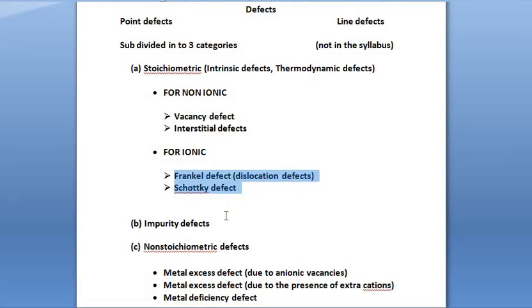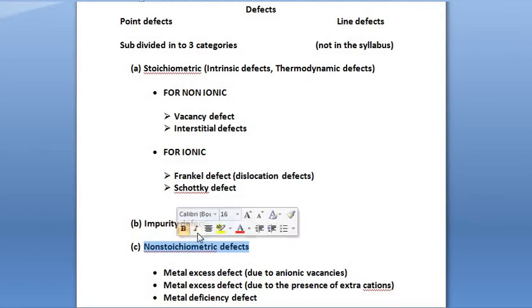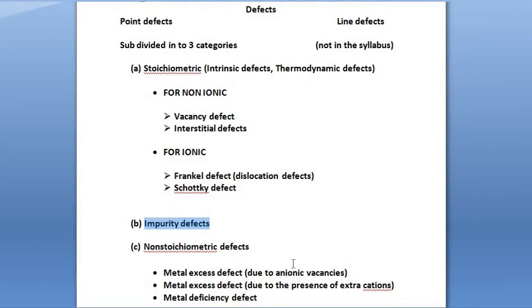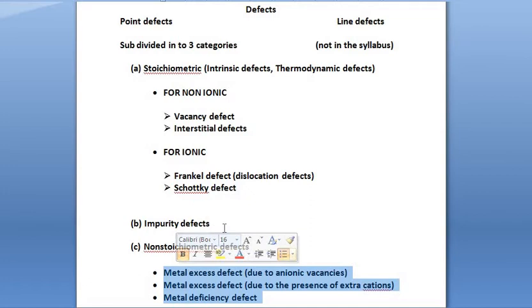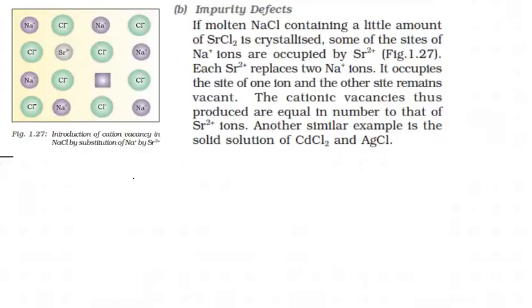Now in this video lecture we are going to cover the remaining two categories, that is impurity defect and non-stoichiometric defect. Impurity defect is not subdivided into any categories, but the non-stoichiometric defect is subdivided into three categories. First we will concentrate on impurity defects. Let us see. As you can see on your screen, impurity defects: